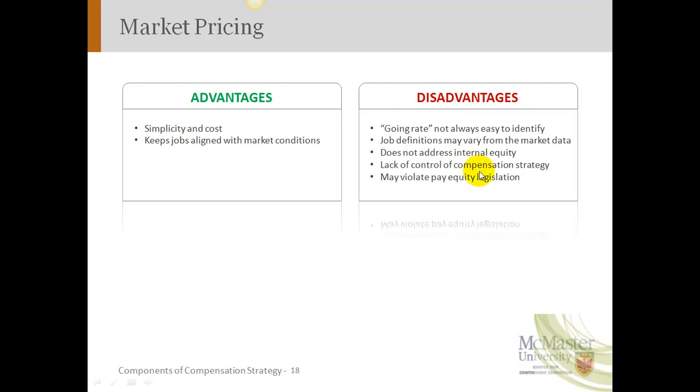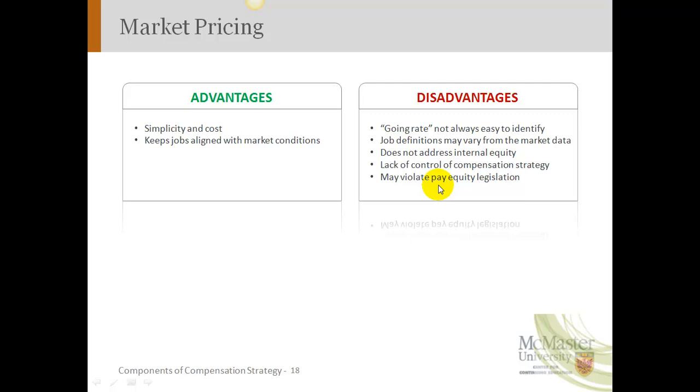It may mean that your compensation strategy goes a little bit out of whack because, again, if you have to pay more, you just have to identify those jobs that you have to pay more and just consider them as kind of the outliers, right? You can't help it. So you may lack a little bit of control there, but again, you need to do the due diligence to know what you have to pay people to keep them, because you don't want to go through all that recruitment and selection process, and then, by the way, training as well, and then they leave you, right? So it may violate pay equity legislation, but I don't agree with the wording here that the authors have chosen to use.